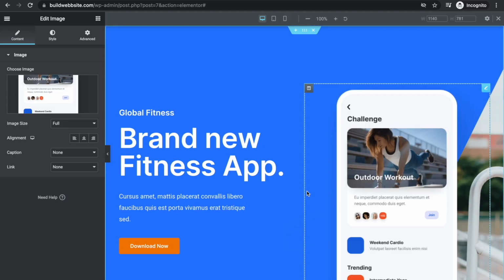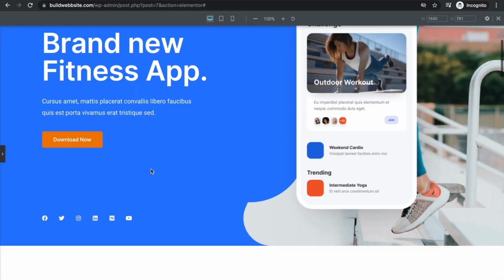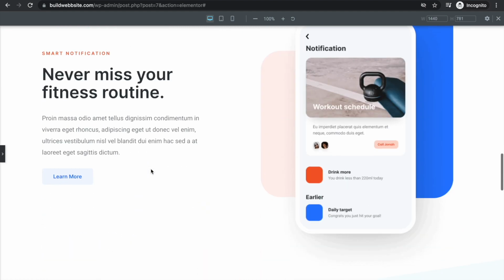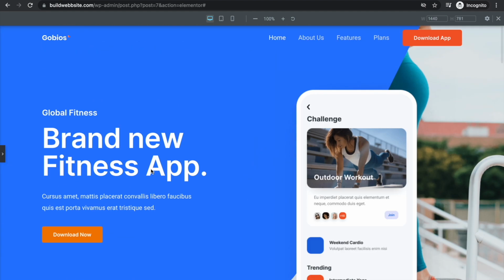Let me just insert this media. Let me see how this looks here. So this one looks pretty cool, and let's go down, scrolling, and this image looks pretty cool here. So basically, now that you have all this knowledge, you can go in and actually start designing, customizing the themes,